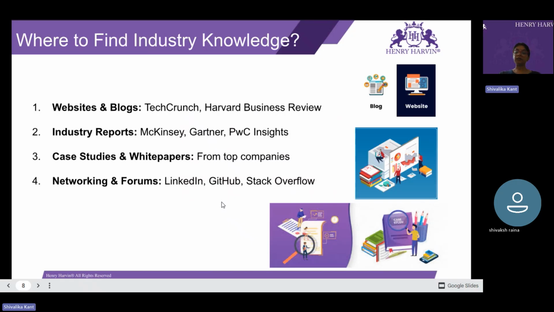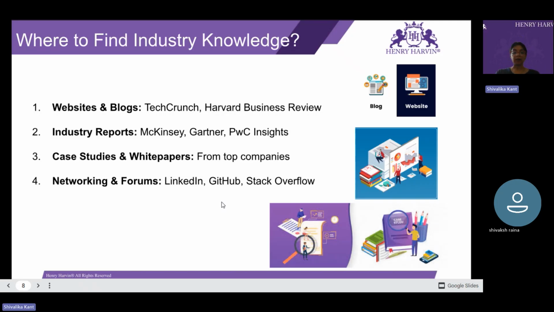Then you have professional communities and networking. You can go to LinkedIn, follow industry leaders and companies, and join groups in your niche, in your area. Then you have Quora, Reddit, Medium. Industry-specific communities also share amazing trends and some very good personal insights from the experts there. Then there are conferences, webinars, and meetups. They are online as well as offline. So attend these events, like TechCrunch Disrupt, Pharma Summits, and Renewable Energy Expos. Okay, so you can work on these.